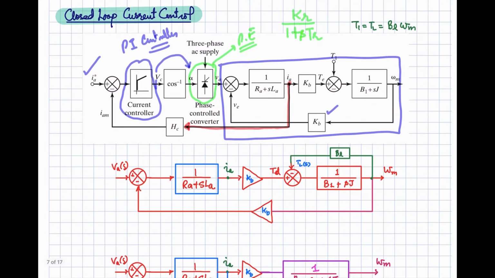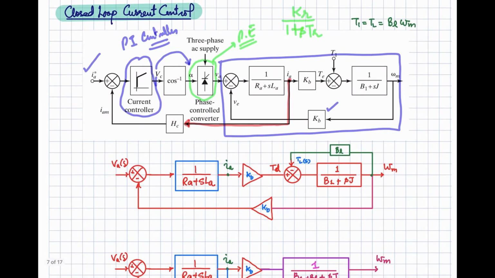Okay, so we have talked about the motor control loop in the previous slide, and that is given by this control diagram. So now we need to have the current feedback. So what we are going to do, we are going to simplify it and we are going to move this node to this position from here to here. So when you are moving this node back, you will have to accommodate the effect of this feedback loop and this gain along with this if we are moving this point to this location.